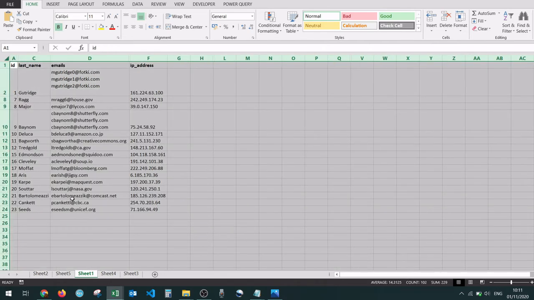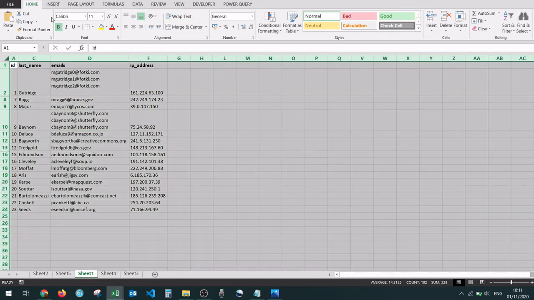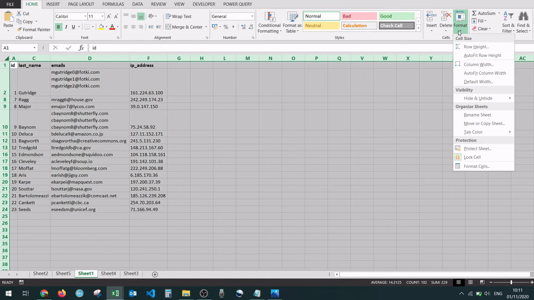I'm going to Ctrl Z 2 times and now all my data has been hidden back as it was initially. Now, just like I did previously, I'm selecting all the columns that I would like to unhide, and I'm going to Home, I'm going to Cells, and over here I have the Format option. I'm going to click on it, and then we have the Visibility group over here. So I'm going to hover on Hide and Unhide, and you can see I can use the Unhide Columns option right here. I'm going to click on it,